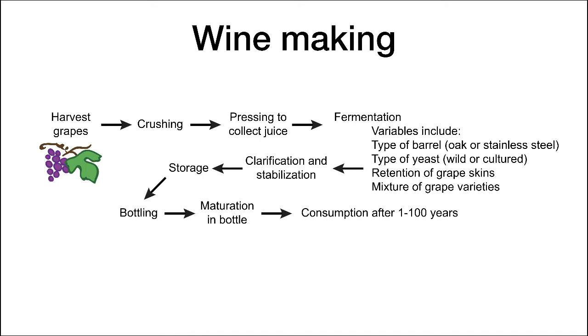Harvested grapes are crushed using various types of presses, and the high sugar juice is now placed into a large fermentation vessel. Often the fermentation begins with the addition of a starter culture of yeast to the grape juice. However, the winemaker may decide to do a wild fermentation, depending upon the yeast naturally present in the grapes to do the work. White grapes, or red grapes with the skins removed, are used to make white wine. In contrast, the fermentation vessel contains the grape skins during the production of red wines.